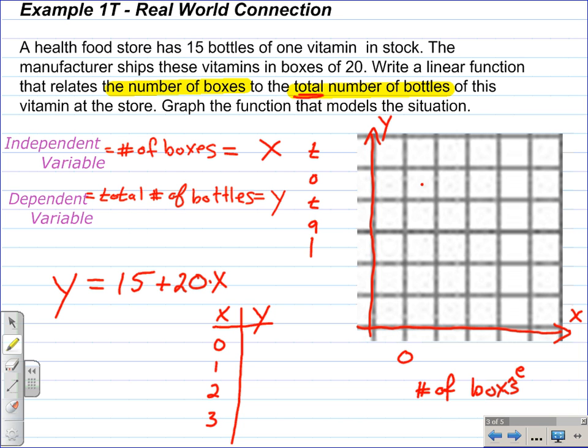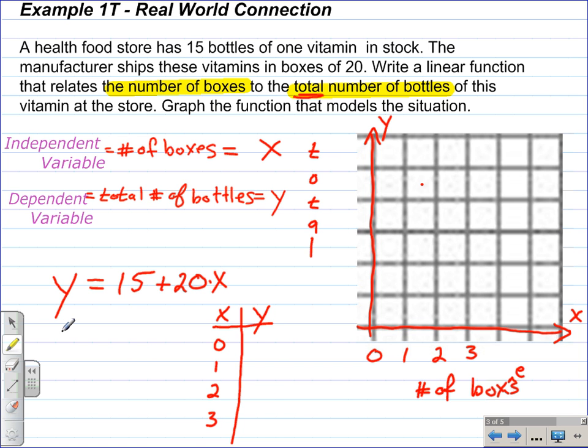So labeling the X-axis 0, 1, I put that in the wrong place. That should be shifted over here. The 0. The y-axis is the 0 line. 0, 1, 2, 3. Now, I find my y values, or my range values, by substituting 0 in for this